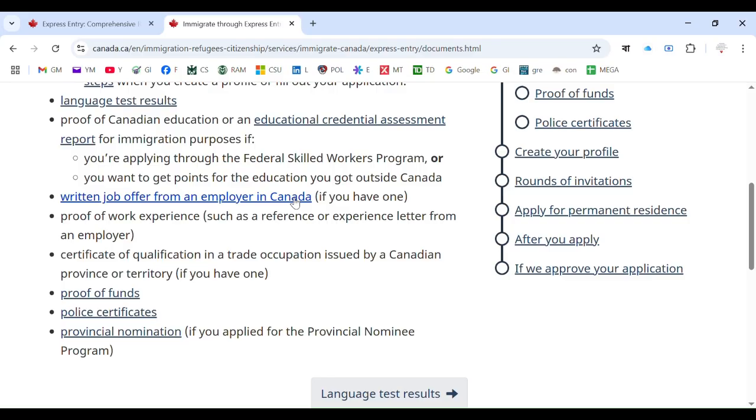Okay. And then proof of work experience. If you have work experience, it will add to your CRS score. You already know that. So you need to have proof of work experience, like a letter of employment. And that letter of employment has to be NOC based. You have to prepare the letter of employment from your employer in such a way that it matches with the NOC